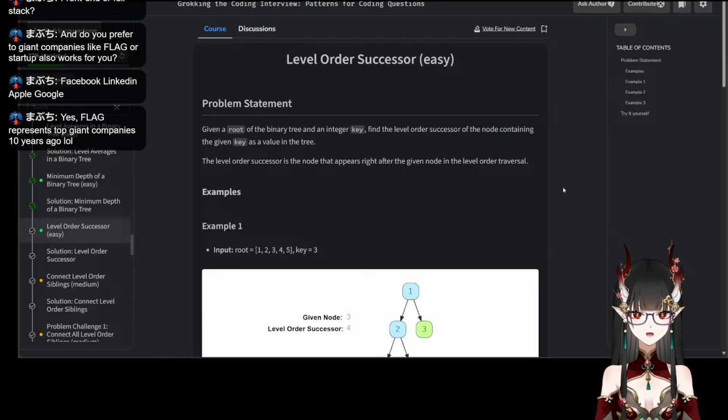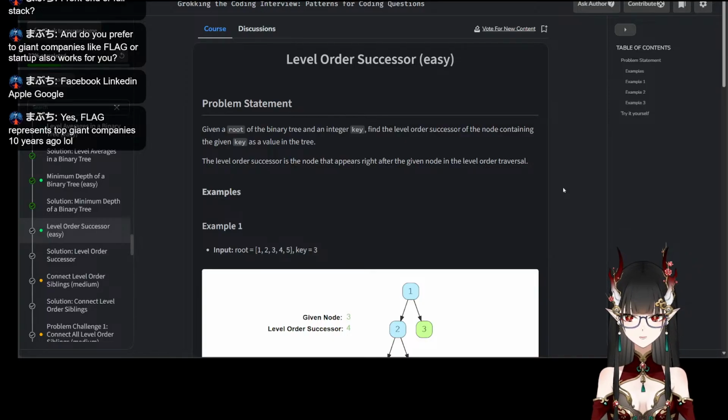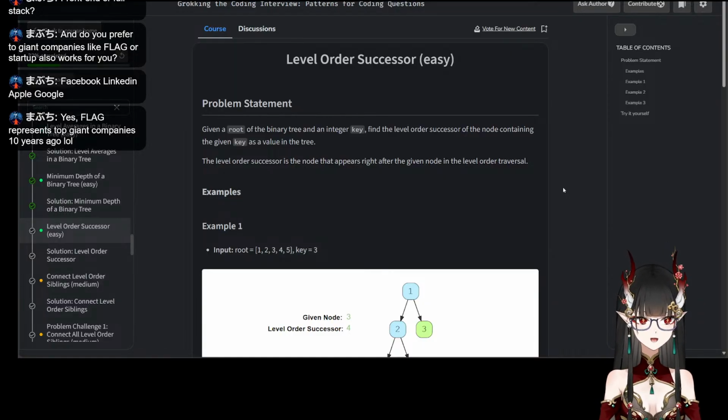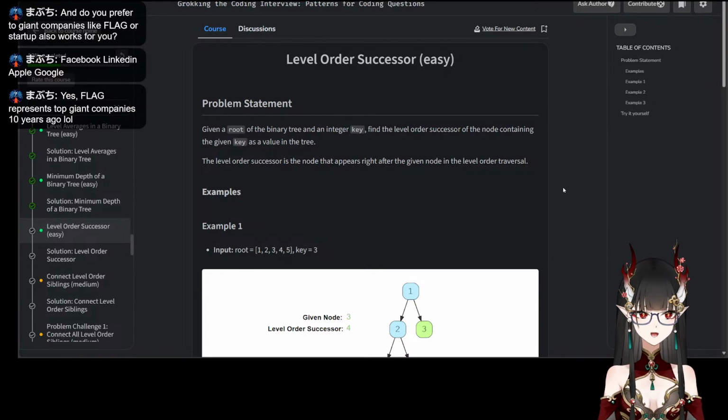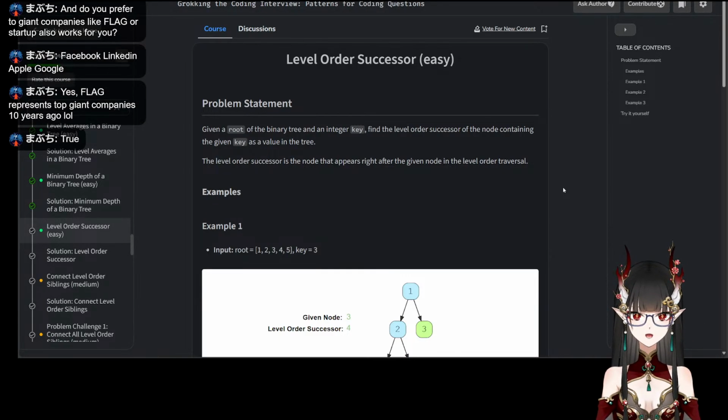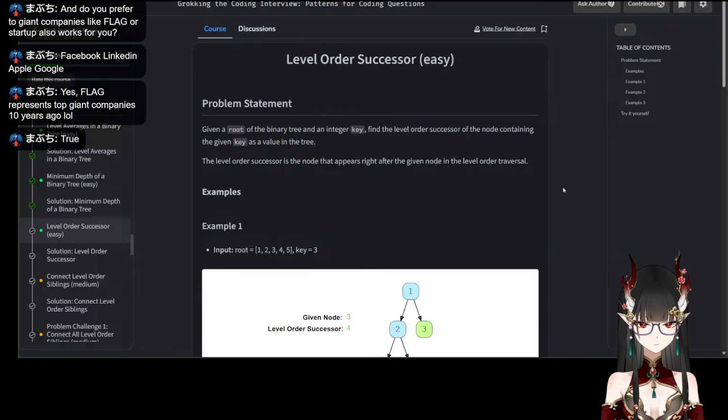Top giant companies. I think LinkedIn shouldn't belong there, because LinkedIn is not a giant company. LinkedIn right now belongs to Microsoft, but they were never a giant company. Also, Facebook, you shouldn't call it Facebook anymore. It's called Meta. Anyways,